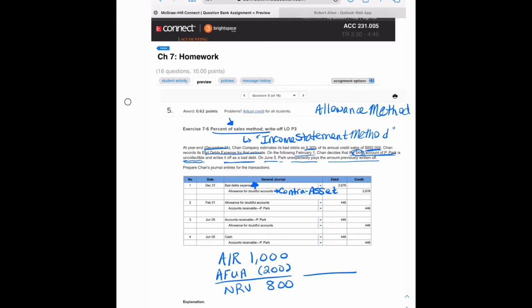Now, if I then come in and say I write off $100, so I take $100 out of my accounts receivable, so I do minus 100, which gives me 900 here, and I do minus 100 here, which gives me 100 right here, and then gives me 800 as my